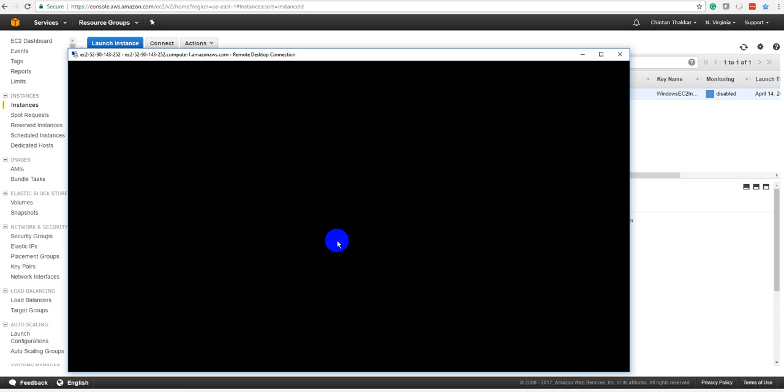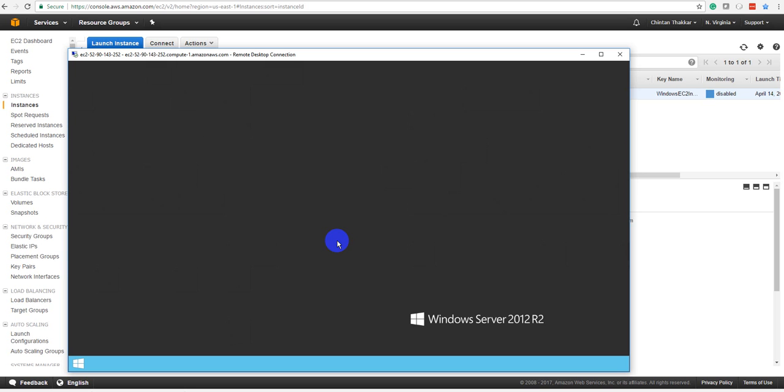It's still going to take almost one more minute before it starts. Now, there you go. Your remote computer has started, Windows Server,